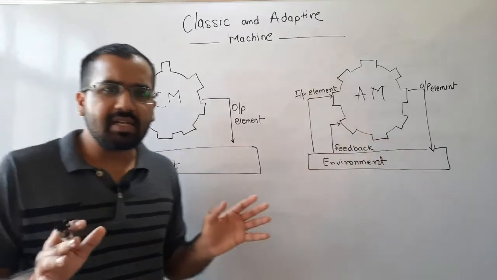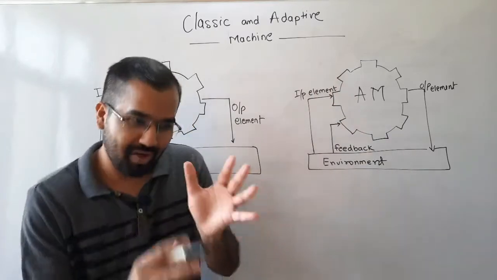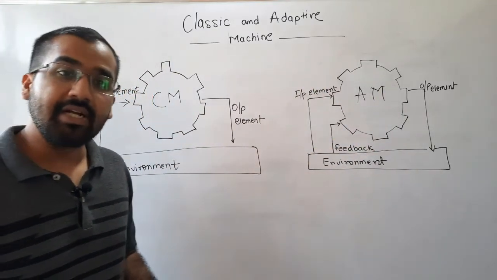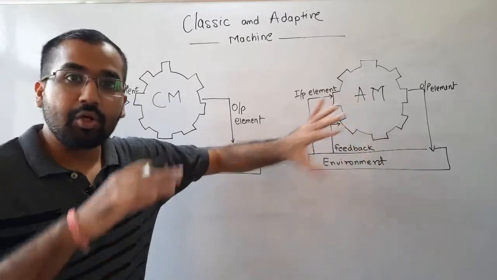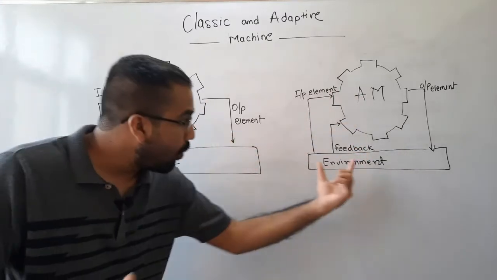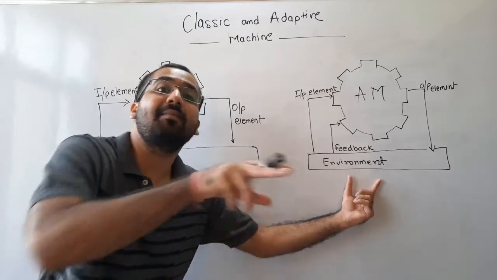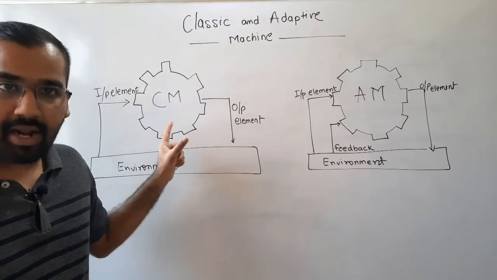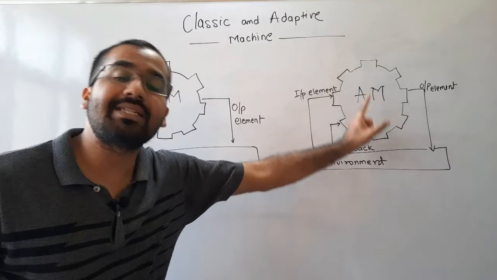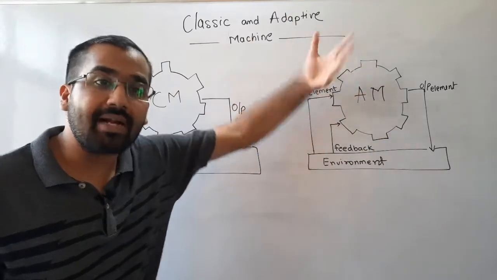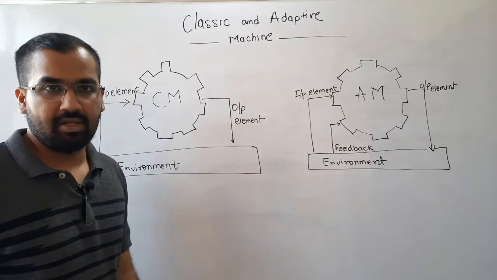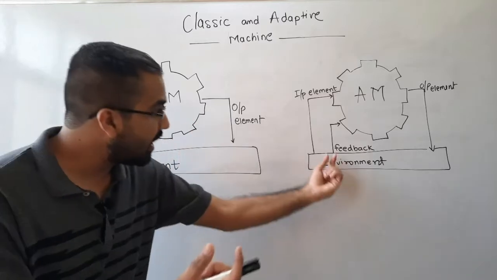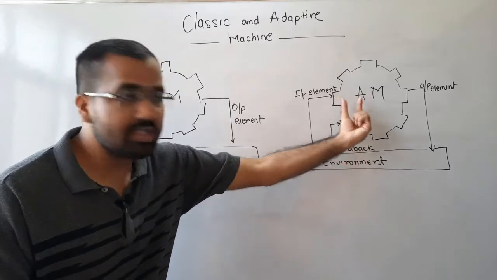If you see what the trainer is trying to do, as the name suggests, it is trying to train. Train whom? It is trying to train the machine. It is trying to help the machine adapt to the changes in the environment state, which we are not able to see in the classic machine because it is non-adaptive. It is adaptive because the trainer is helping the machine adapt to environmental changes. This information of environment state is provided as feedback to the machine.